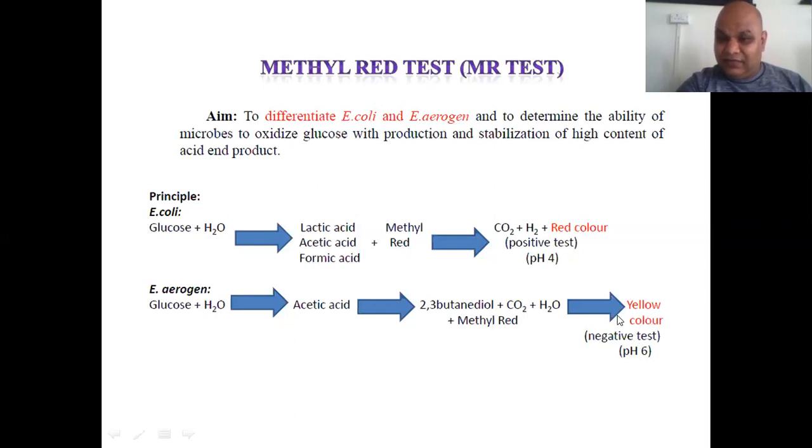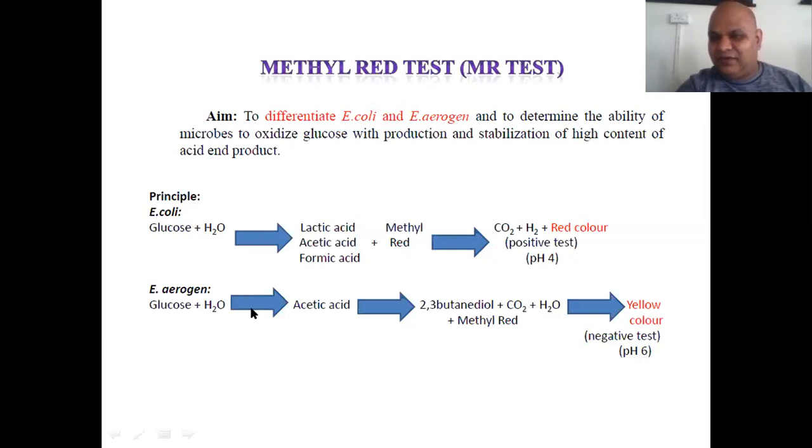If it becomes red, then there will be the presence of the microorganism, but here it shows yellow color. It means there will not be the presence of any specific organism which is able to oxidize glucose into an acid. Only E. coli is the bacteria which can convert the glucose into the high acid. But the E. aerogenes